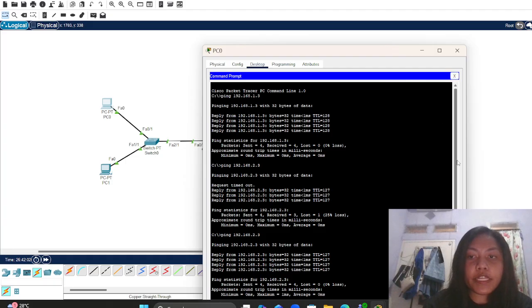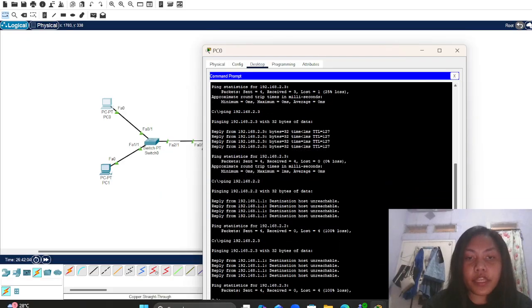Okay, so for the ACL configuration, after the connection test was successful, I configure the access control list, or ACL, on the router. So I use the ACL command to block PC0 from accessing another network. And then I add the permit any command